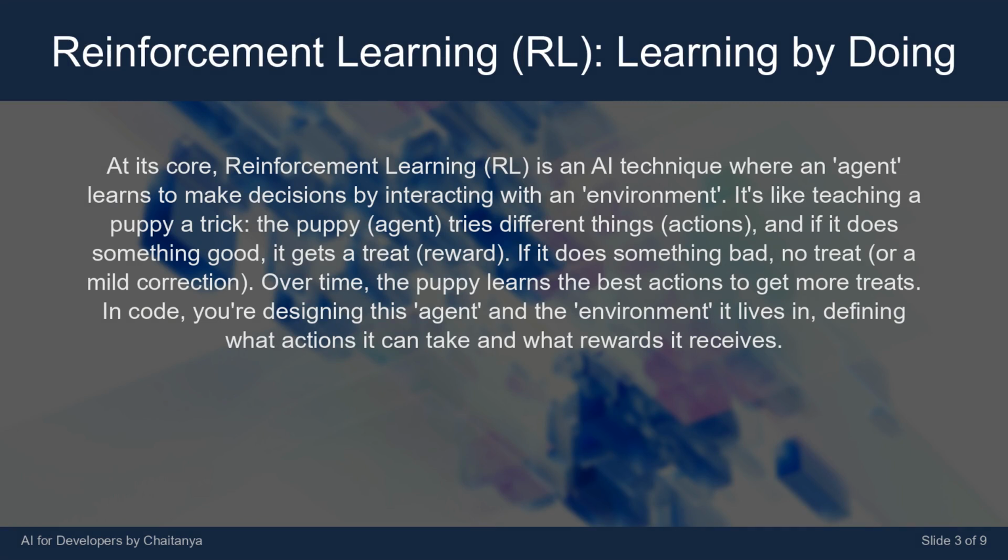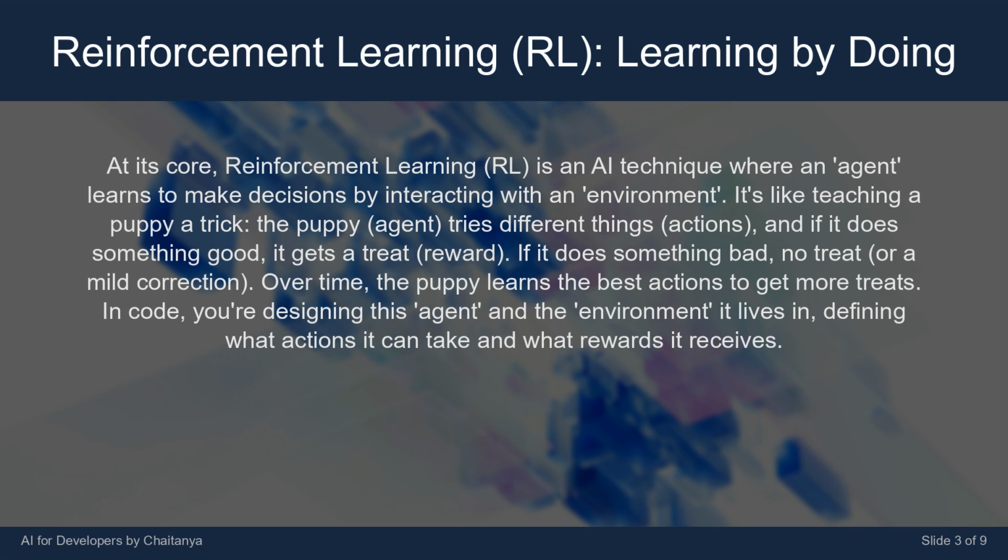an environment. It's like teaching a puppy a trick. The puppy, agent, tries different things, actions, and if it does something good, it gets a treat, reward. If it does something bad, no treat, or a mild correction. Over time, the puppy learns the best actions to get more treats. In code, you're designing this agent and the environment it lives in, defining what actions it can take and what